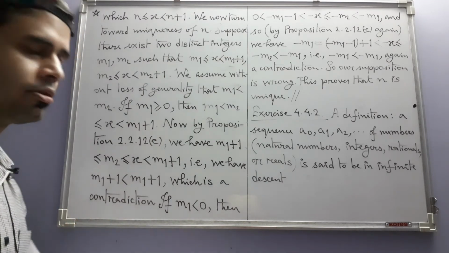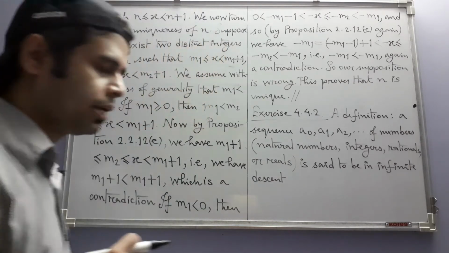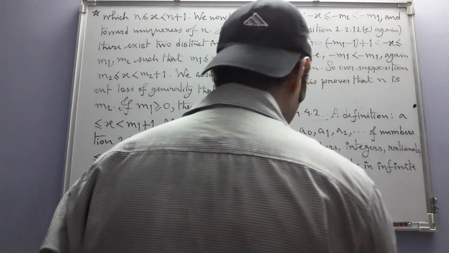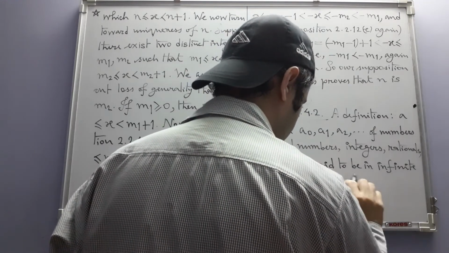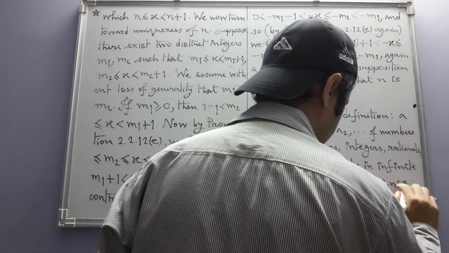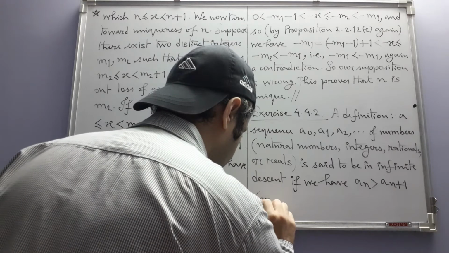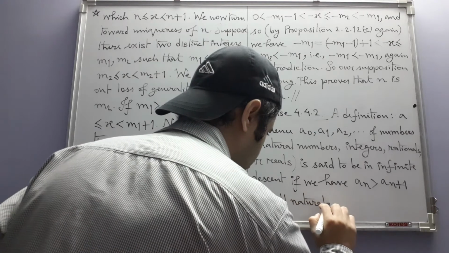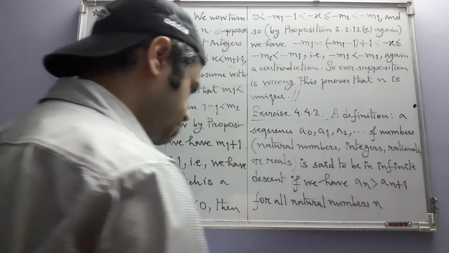The further you go down the sequence, the smaller the terms get, and there is no end to it. Infinitely it's descending, the values are descending. If we have an strictly greater than the next term an plus 1 for all natural numbers n, that is,